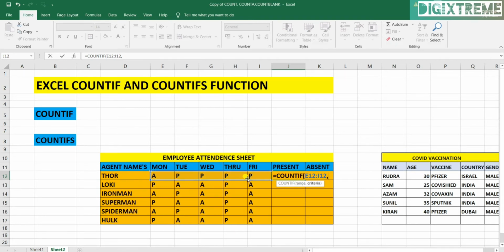Now we'll start with quotation mark. What we are looking for? We are looking for present. How many days agents were present? So I'll put in criteria P. Now close the quotation mark, then bracket close.